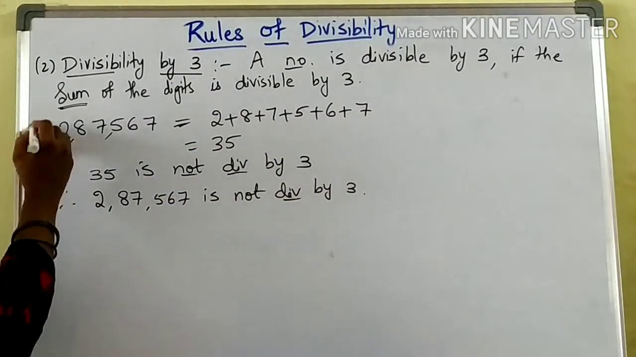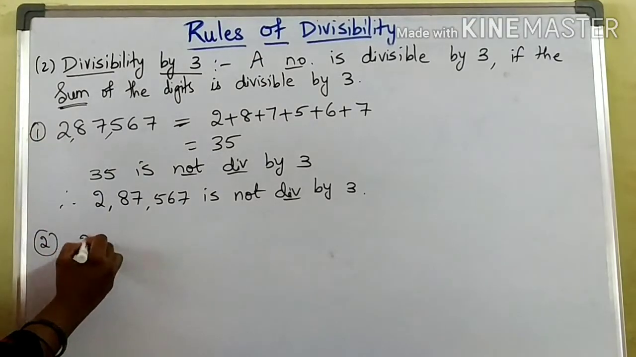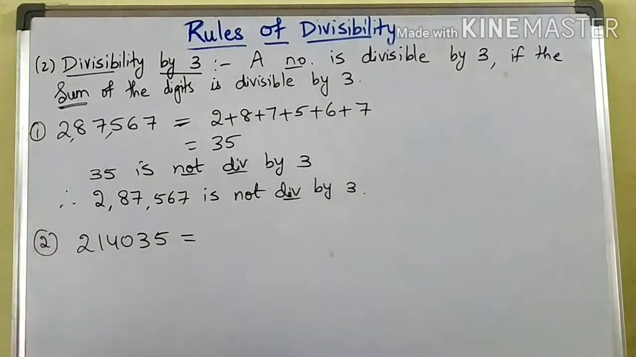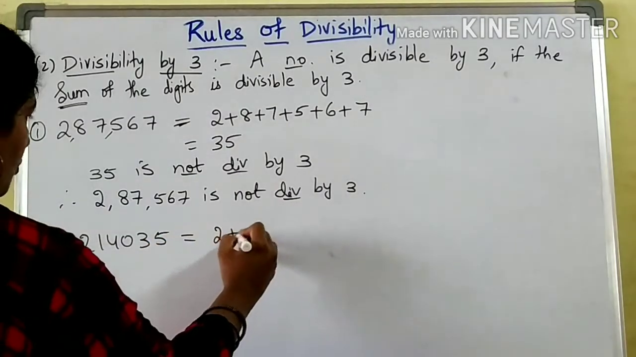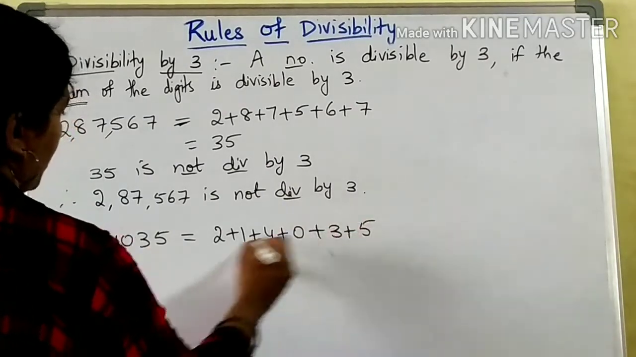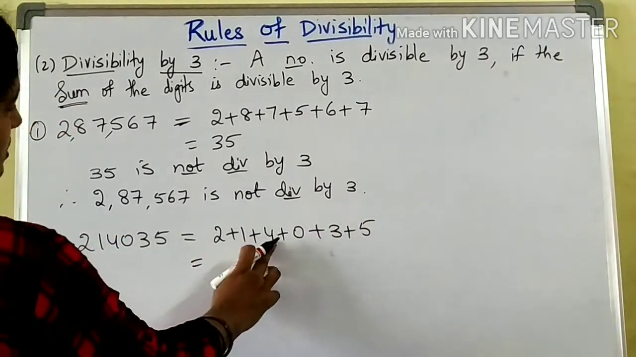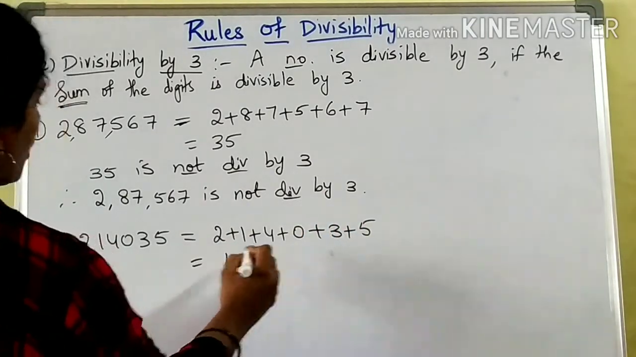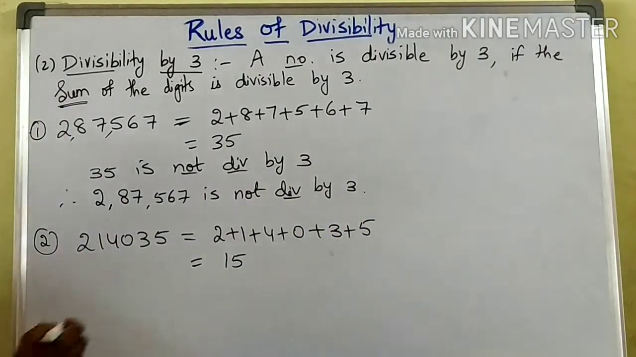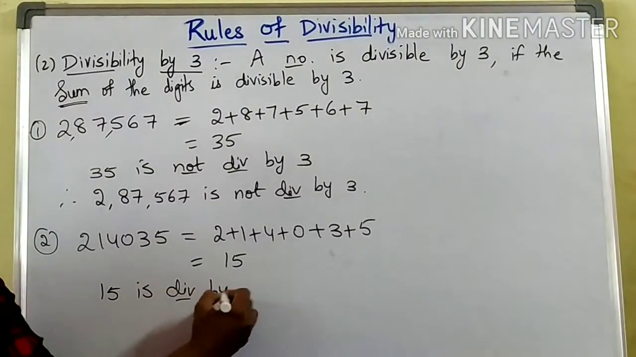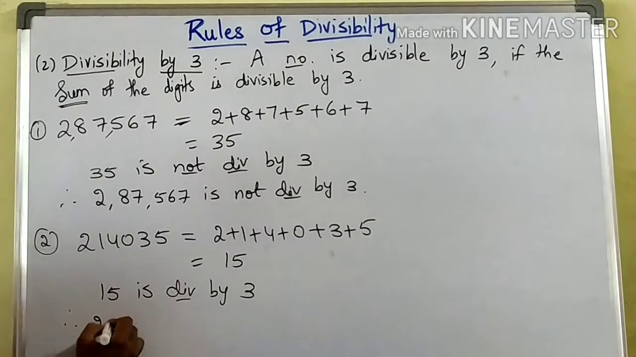If I take one more example, children, like 2,14,035. Now do the sum of the digits: 2 plus 1 plus 4 plus 0 plus 3 plus 5. 2 plus 1 is 3, 3 plus 4 is 7, 7 plus 0 is 7, 7 plus 3 is 10, 10 plus 5 is 15. Now is 15 divisible by 3, children? Yes, 15 is divisible by 3. Therefore, I can say that 214,035 is